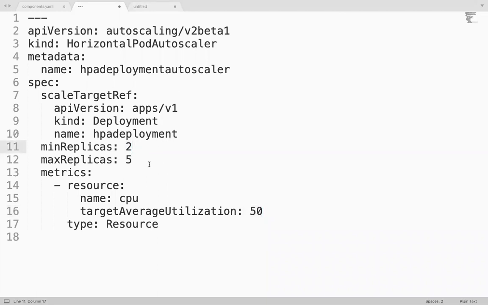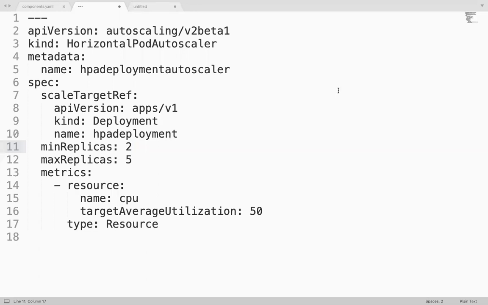But again, I have a lot of applications in my cluster, a lot of deployments, or maybe a lot of replica sets. So this horizontal pod autoscaler will scale up and scale down which pods? Where are we defining the scale target, which object or controller it has to scale, because I may have a lot of deployments and replica sets.